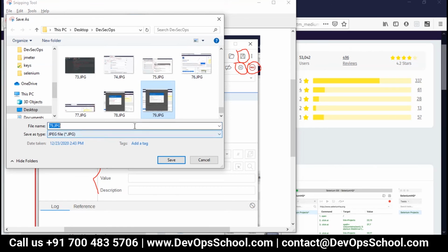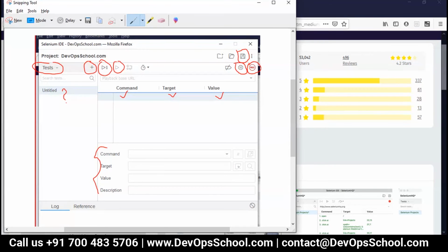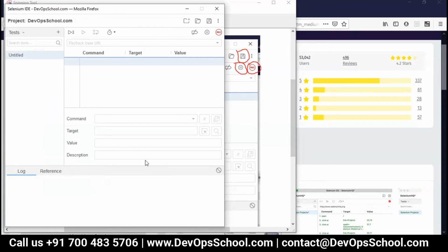Let me explain each and everything. Here you have test suites. This is the default test suite.